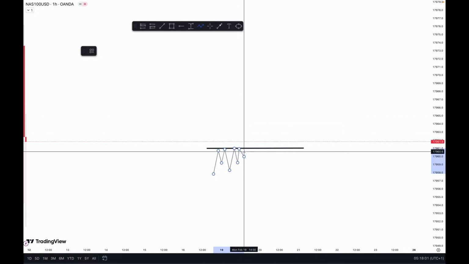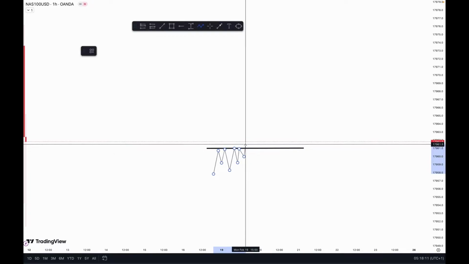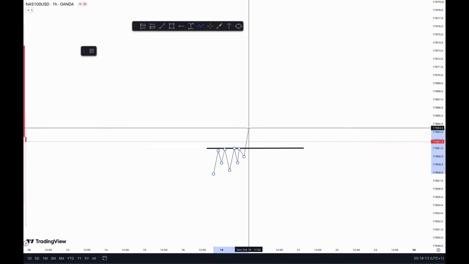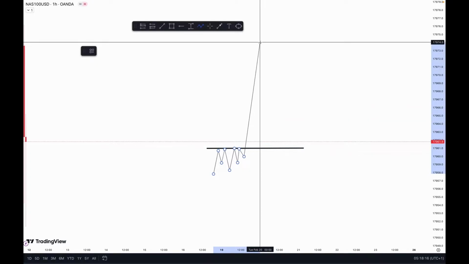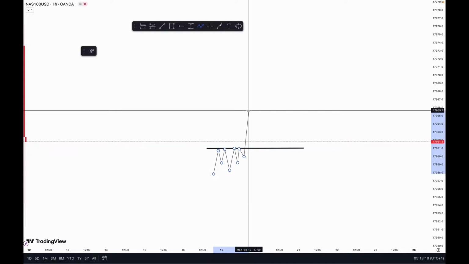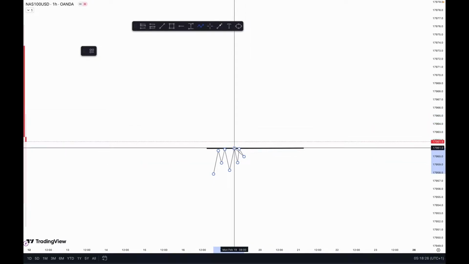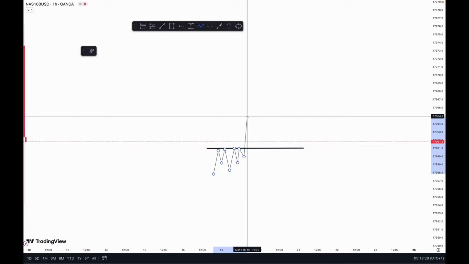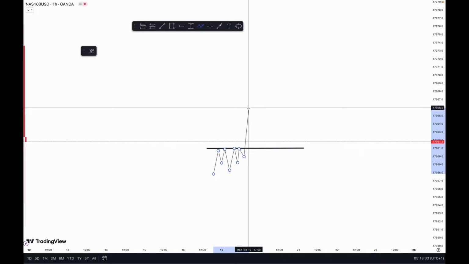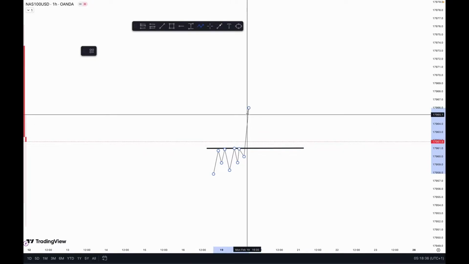Now, I don't trade this indication, and the reason why is because I do not know how high price can go. Price might go this high, price might go this high, price might as well go this high. I want to know how high price can go so I know where I'll be targeting on my trade. So I don't trade my indications, I just let price run and show me how high it has the ability to go. Once price is able to make a clear indication and say, hey, above here I can go this high,